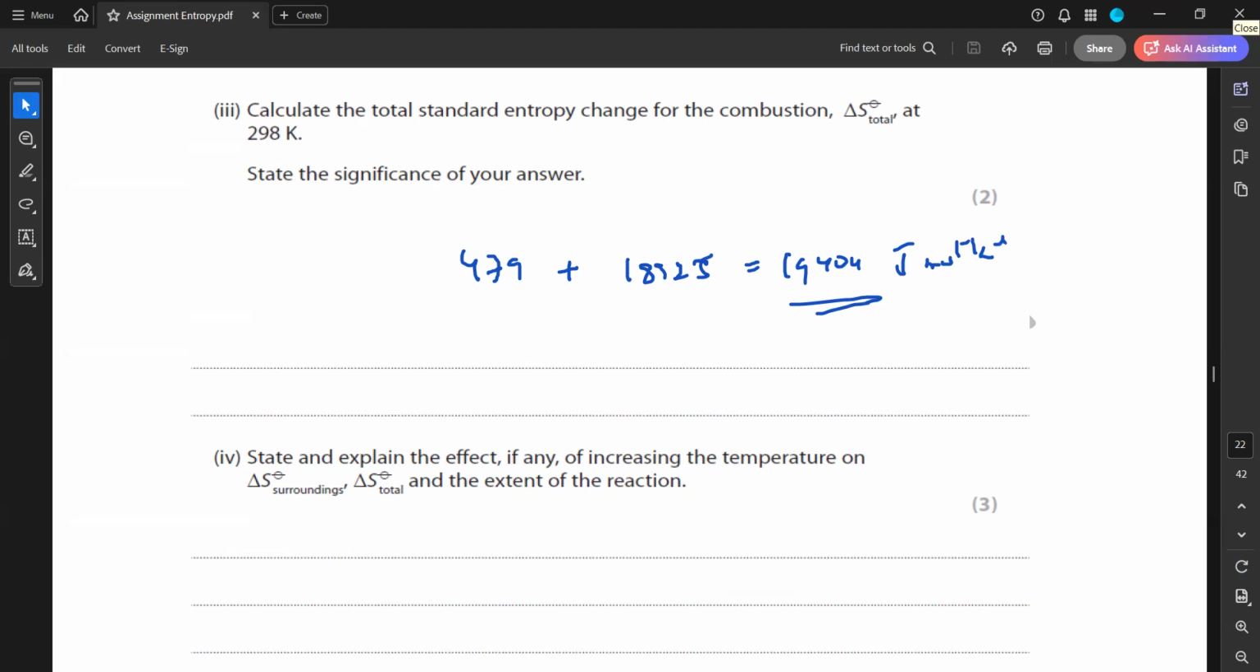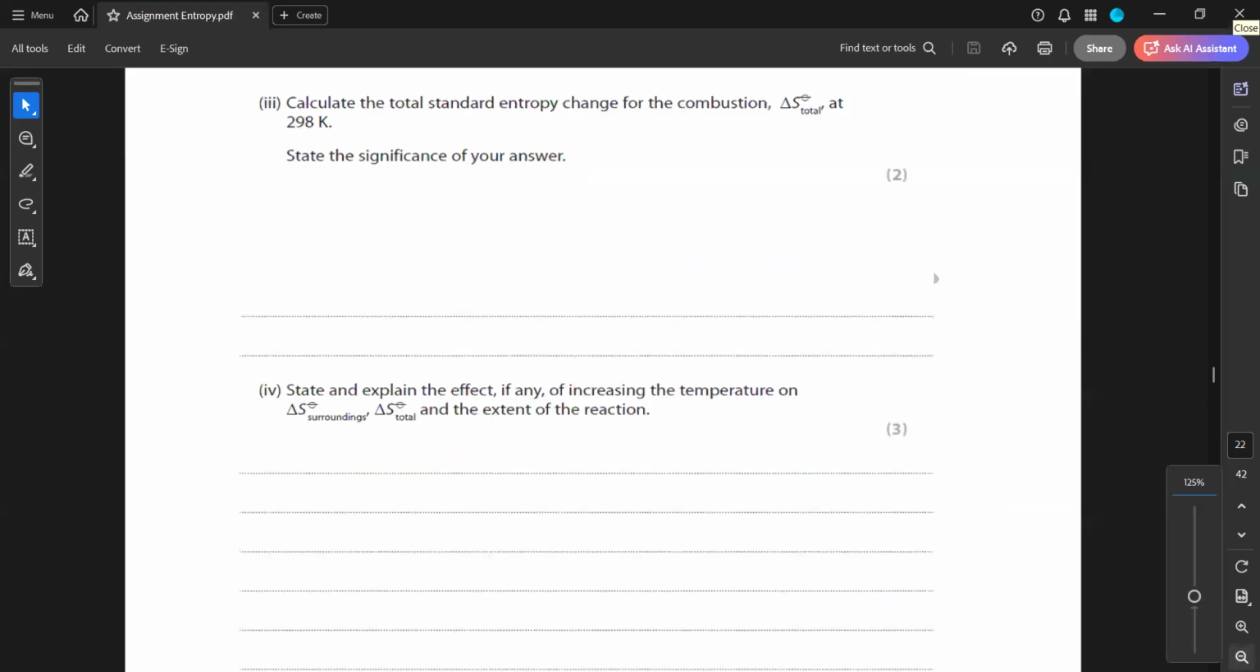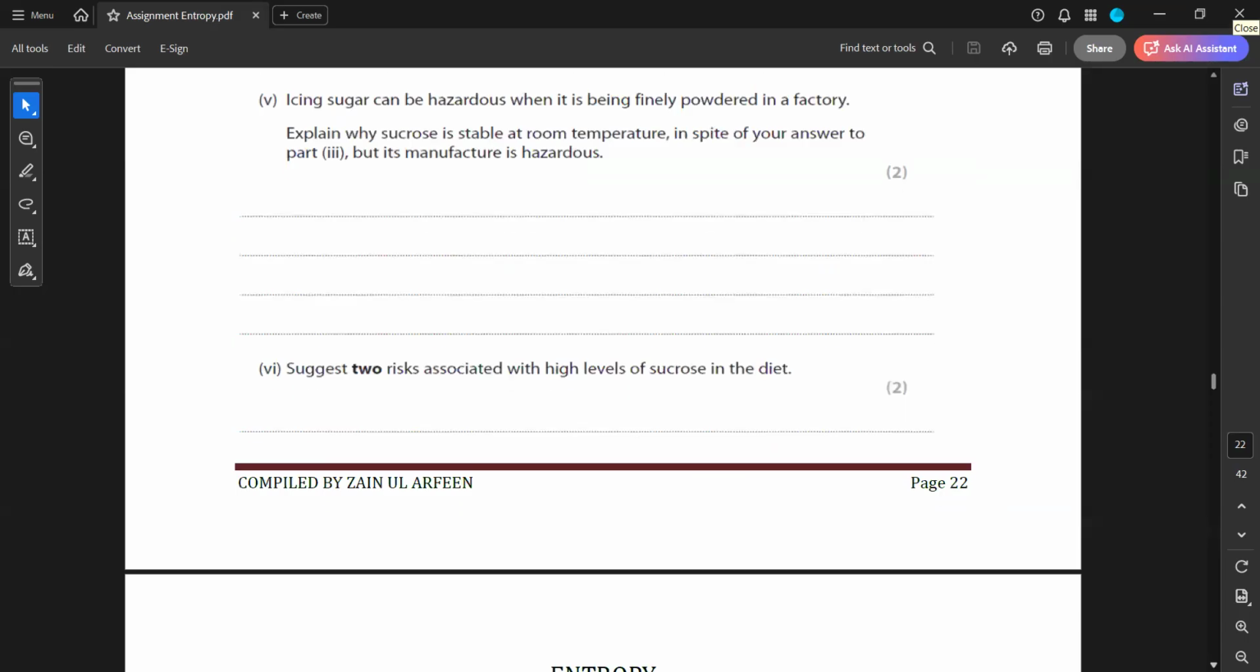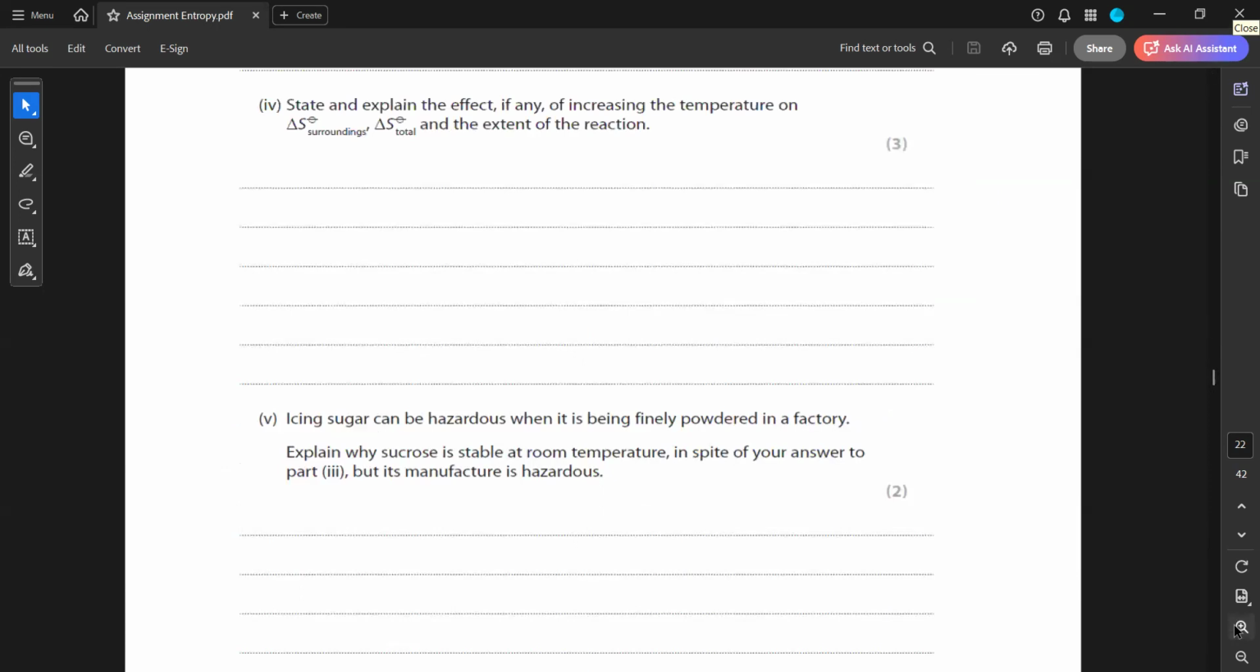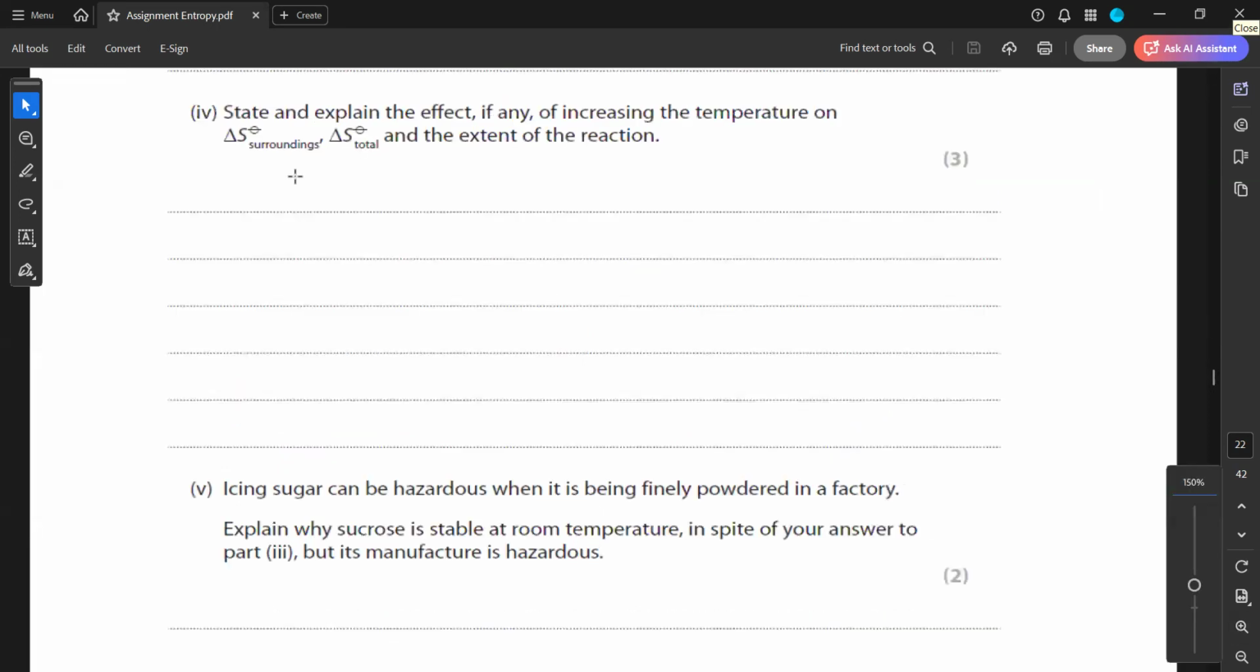And because we are getting a positive answer, what does it mean? This reaction will be spontaneous, or it will be feasible. State and explain the effect, if any, of increasing the temperature on the entropy change of the surroundings and total entropy, the extent of reaction. See, this reaction is exothermic. So the total entropy